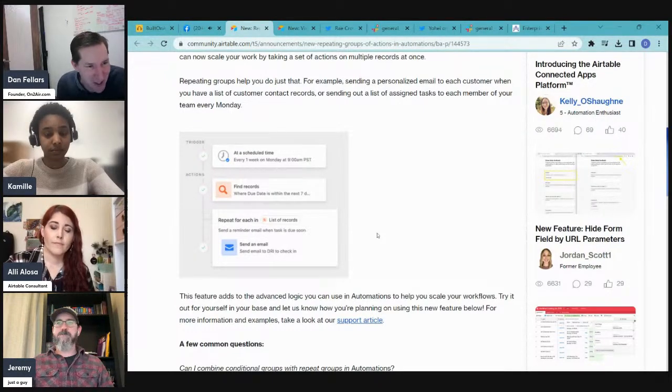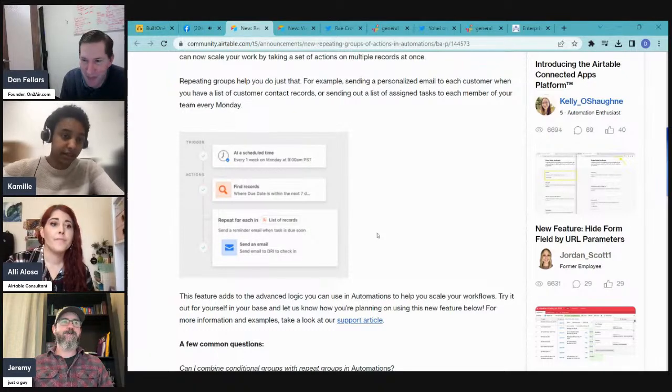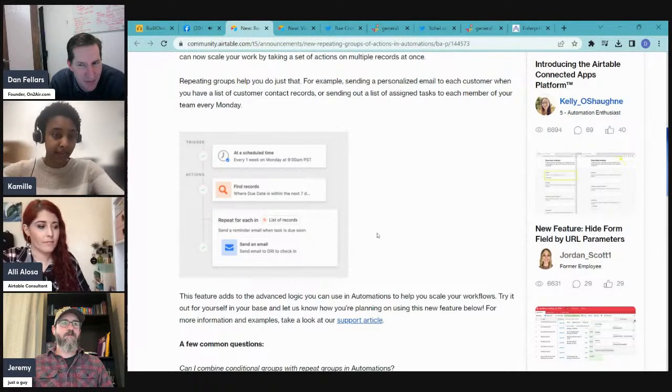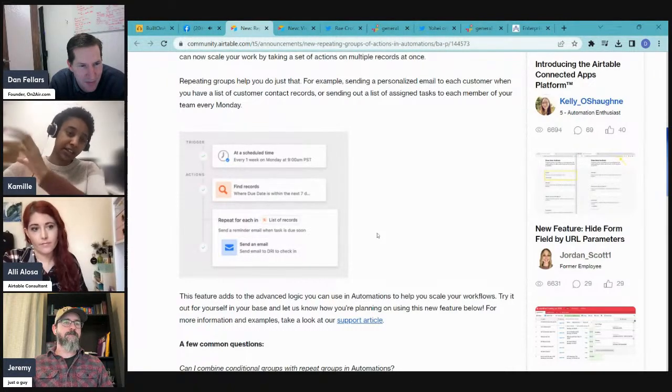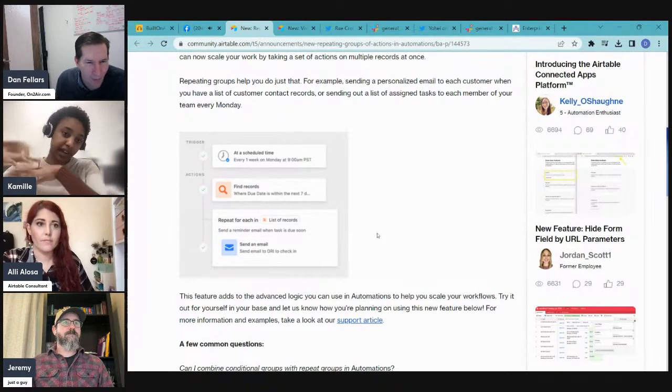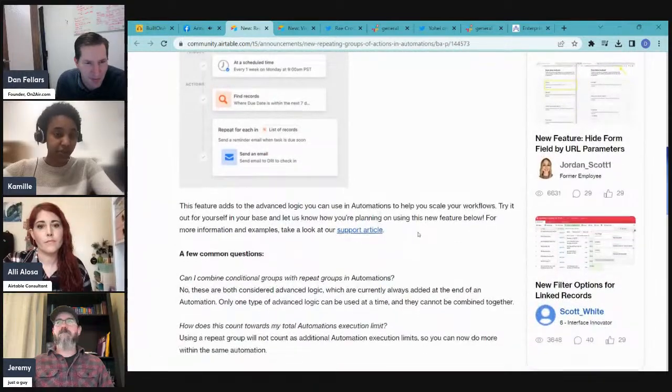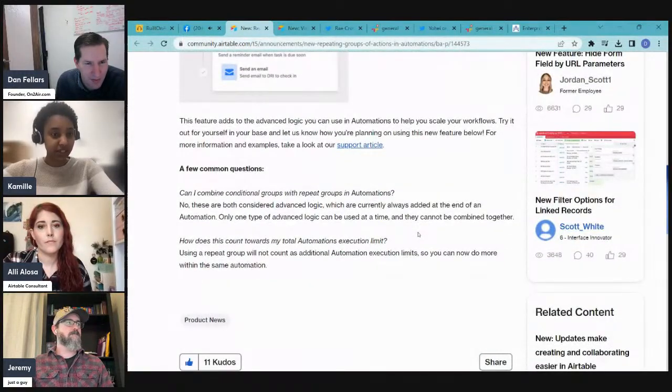Thoughts on that feature? Have you played with it? Yes. It's one or the other, whether or not an automation can do conditional actions or repeated actions. You can't have both a conditional group or series of groups and a repeating group. So if you have an existing automation, you should be able to add repeating actions to it, unless there's already conditions in it. I think that's what I've experienced. Mm-hmm. It so far works as expected to me.